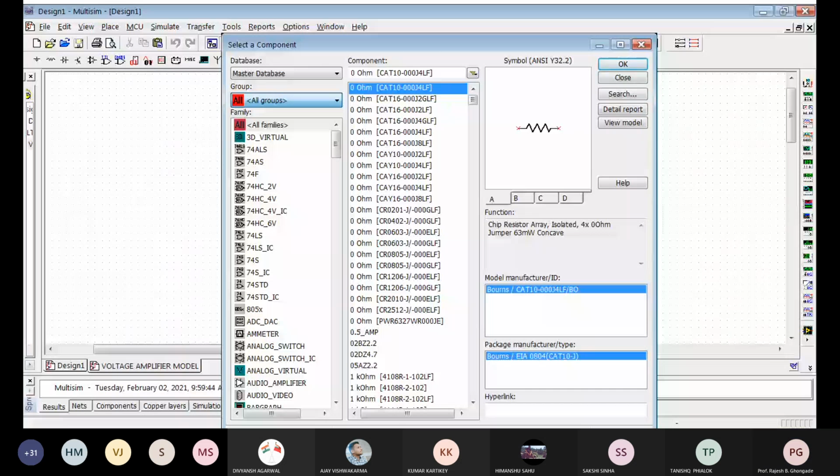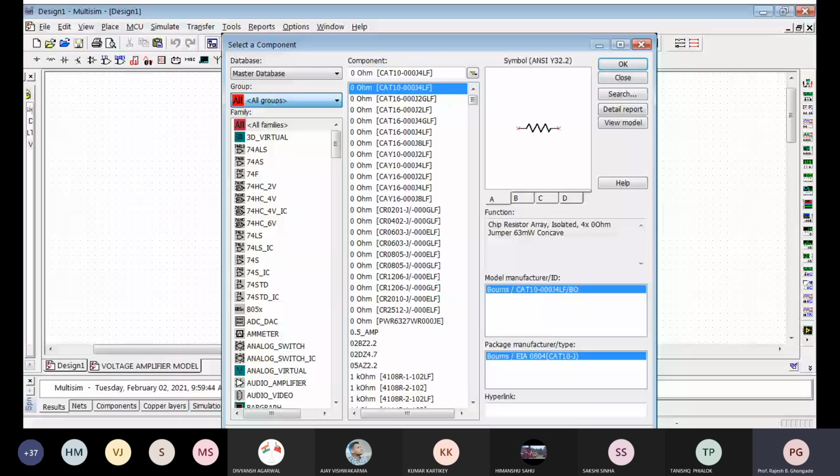All the other groups, the names themselves are probably sufficient for you to understand where to search for the components. A very difficult task many times is that you have to find a certain component, and since there is a huge database of components in multisim, it becomes virtually impossible to locate it within the given time. So it is better to understand the anatomy of the database. The database is grouped into various different sections. The very first group is the sources.